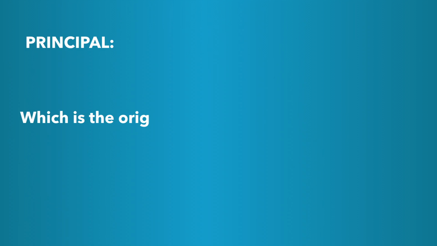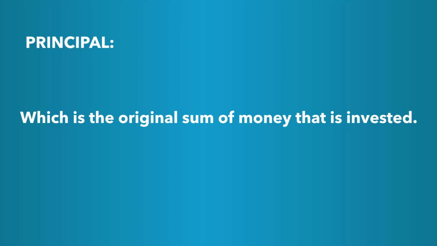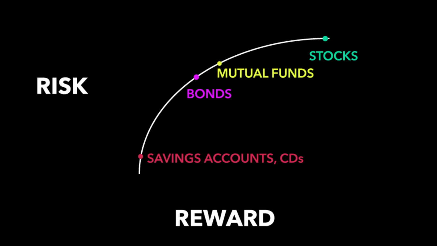Traditional savings plans like savings accounts and CDs are designed to preserve principal, which is the original sum of money that is invested, as opposed to the other investment options like stocks, bonds, and mutual funds, which put the principal at risk of being lost. As with all investment options, the higher the risk, the higher the potential reward, and the lower the risk, the lower the potential reward. Savings accounts and certificates of deposit are not at all risky. Thus, they do not earn much in terms of interest on the original principal that is invested.